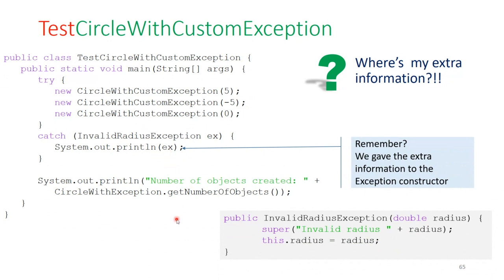Where is that error message coming from? Well, I wrote it myself. I wrote it here inside the constructor of my subclass. I said invalid radius followed by the radius value. So that's exactly what's going to get displayed this time. It's just a little bit more indirect. It's a good example to make sure that you are okay with inheritance, that you understand what's happening. It's an application of inheritance to actually extending the set of